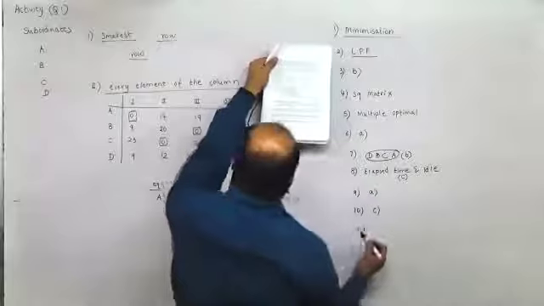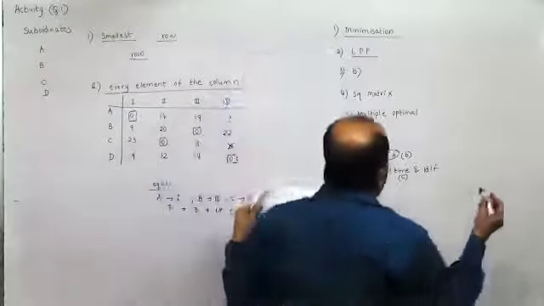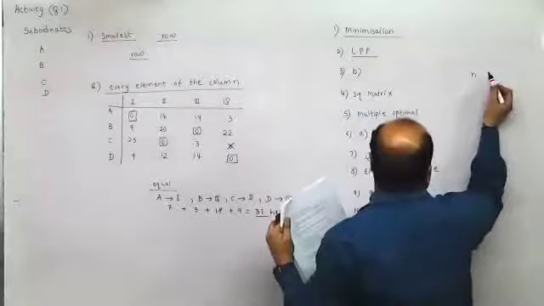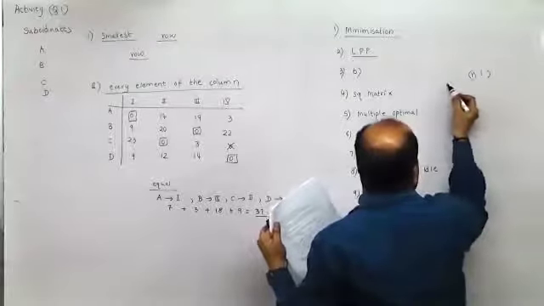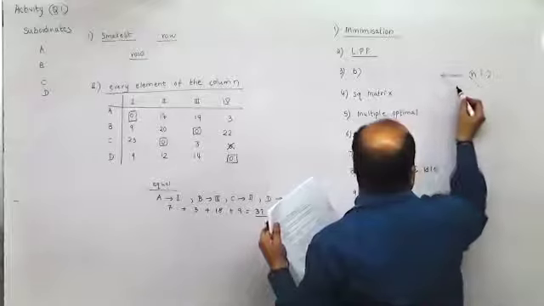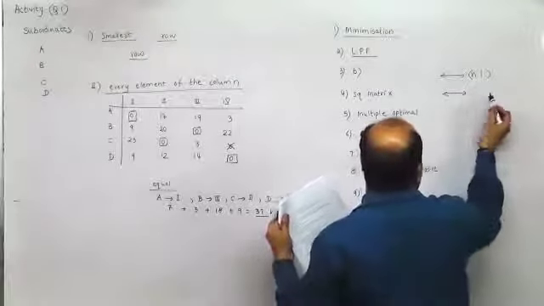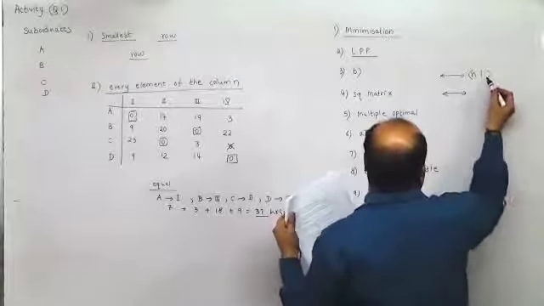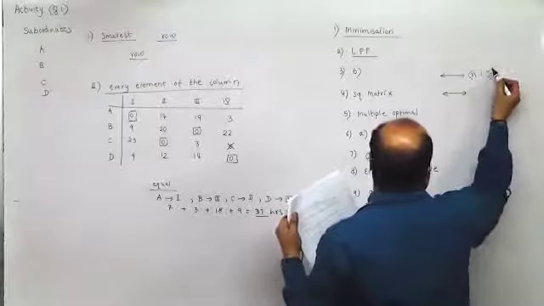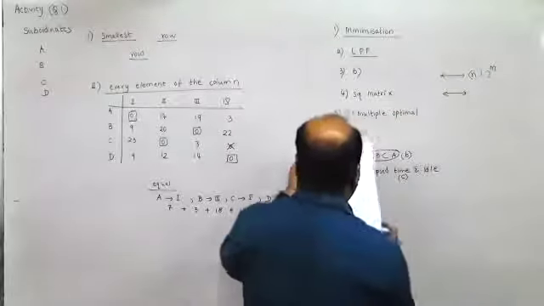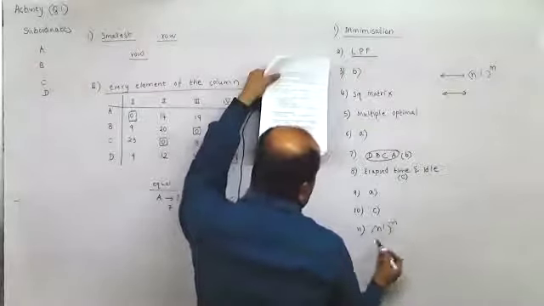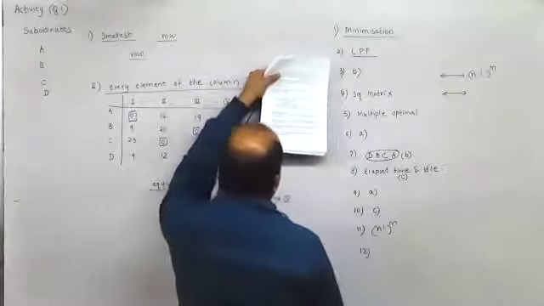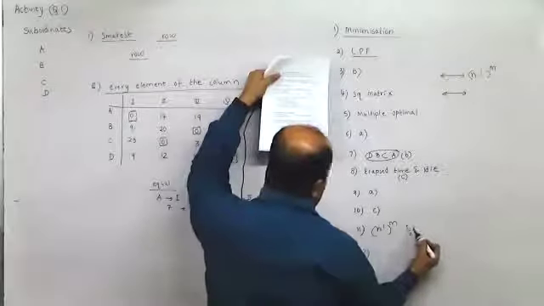11th one, this is also a question from the textbook itself. If you remember, there are n jobs. These n jobs can be arranged among themselves in n factorial ways. Now, even here, for the first one, it can be arranged in n factorial. For the second one, also n factorial. Third one, also n factorial. So it depends upon the number of machines. So it is n factorial raised to m. Just take the answer. This is also from the textbook itself.